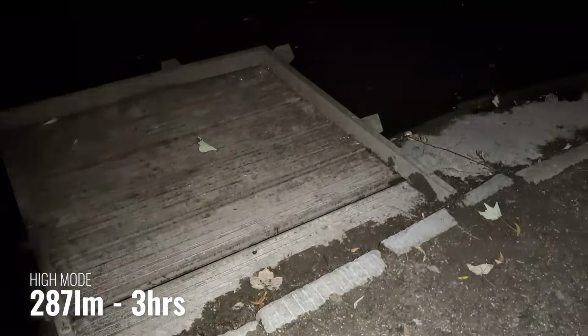Now I'll turn it back off again, because you press that button and it'll turn it off. Turn it back on, and then press again. Now this has bumped it up to its high setting. The high setting on this is 287 lumens. Now, hopefully you'll be able to see, flooding this area, it really does pump out a decent amount